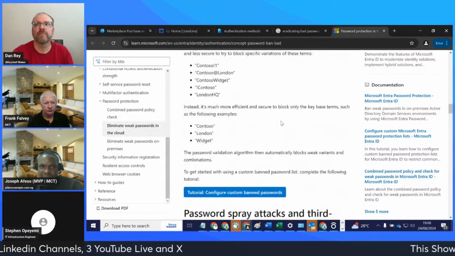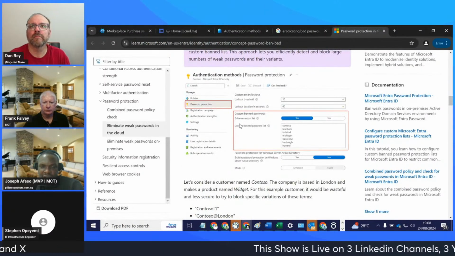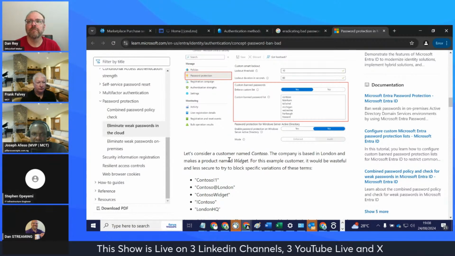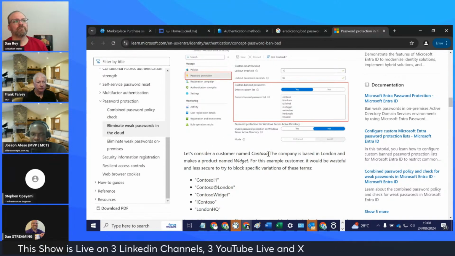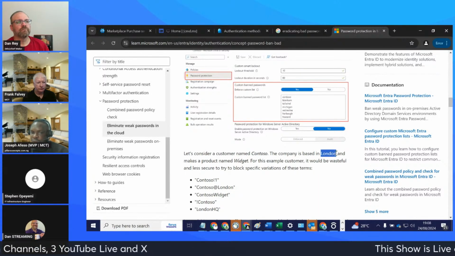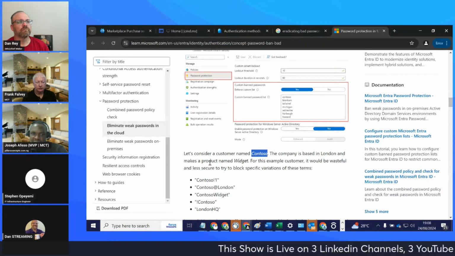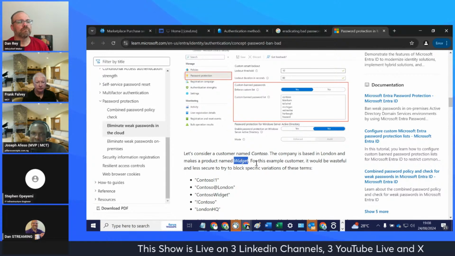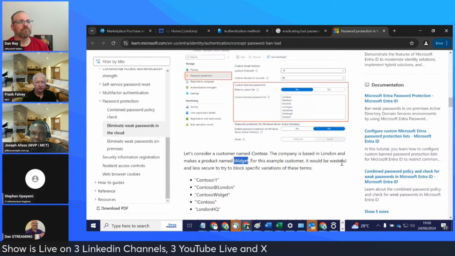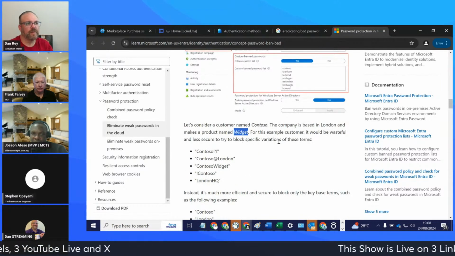However, there are things that we need to evaluate today, and that's the essence of this second phase of this conversation. Let's consider a customer whose name is Contoso, and this company is based in London, and makes a product called widgets. For this example customer, it would be wasteful and less secure to try to block the specific variation